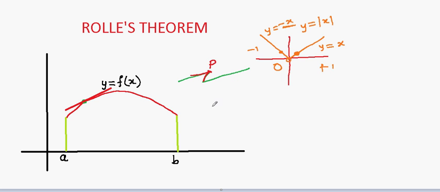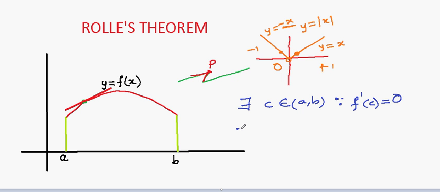So Rolle's says that if any function is continuous in the closed interval AB and differentiable in the open interval AB, because at a single point there cannot be two tangents, that's why we have used the word open interval, that is excluding A and B, then there exists a point, always there exists a point C belonging to A to B such that differentiation at that point is equal to 0. Okay,